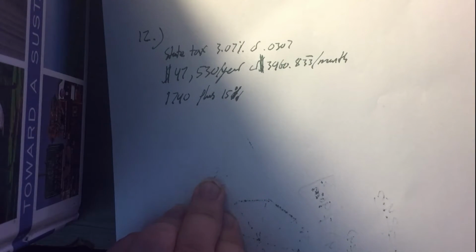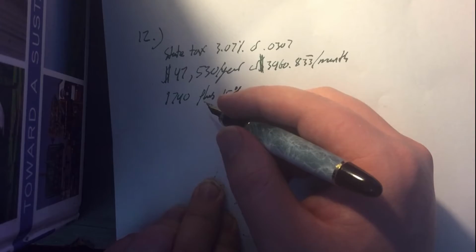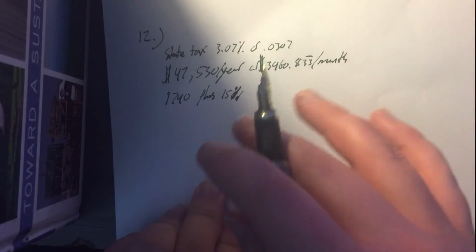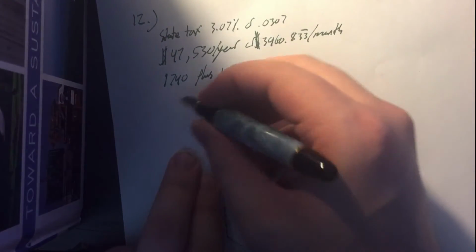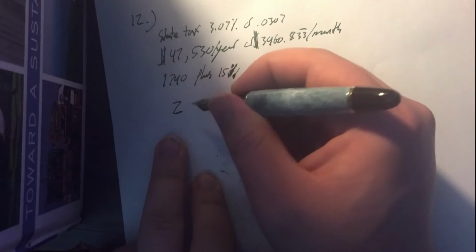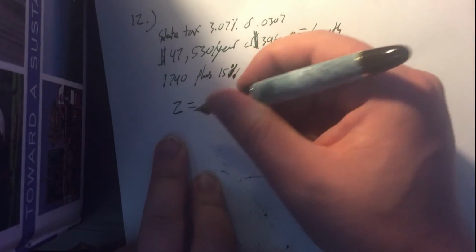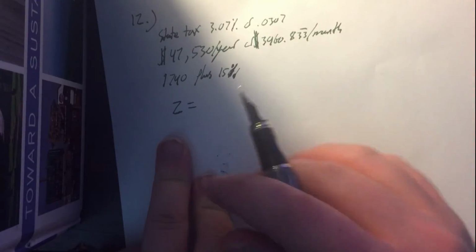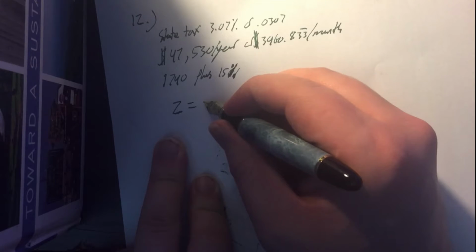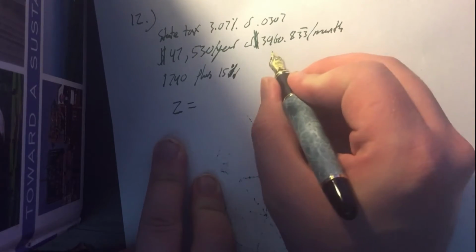I'm just going to go ahead and write out the equation that we need to do, because remember, we're trying to figure out the equation. I think we can figure it out from here. So, we were saying let Z be what we're looking for. Z being his monthly take-home pay, in other words, his net pay after all the taxes are taken out. So, like we said, we're going to start out with his gross monthly,